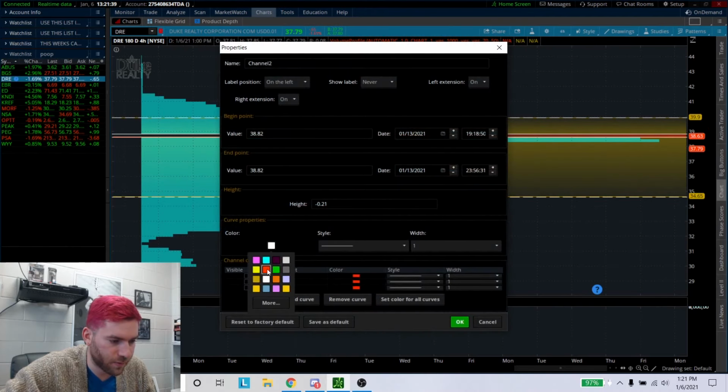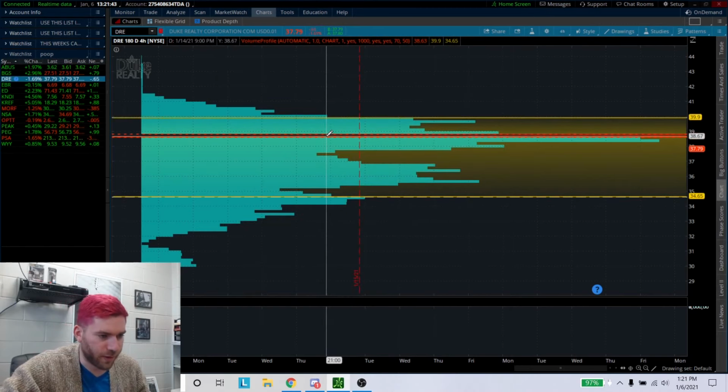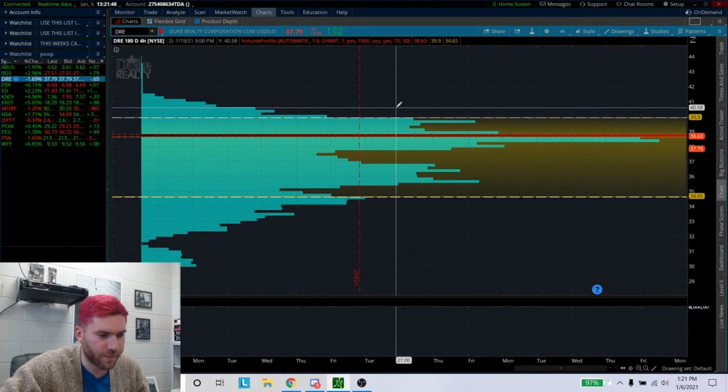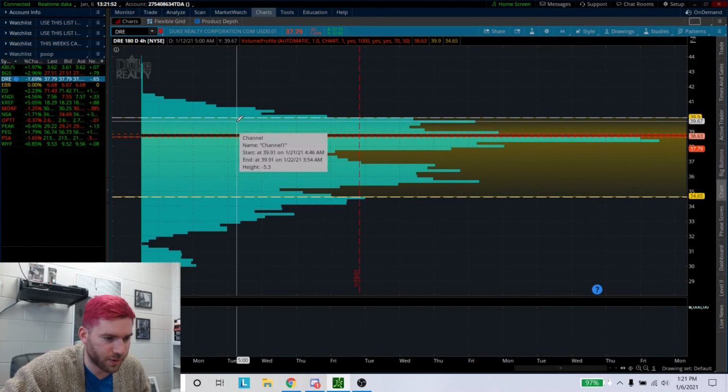Do that. Red. All right. So we know this is going to be the center point of the action probably. This is going to be a sign of strength or weakness over time. Let's track our supports. So right here,